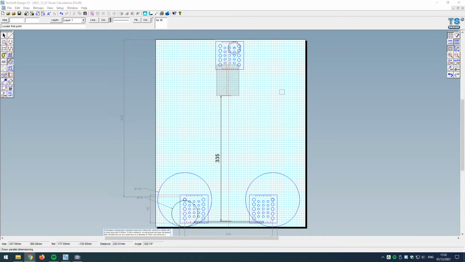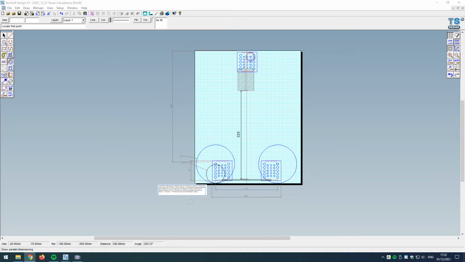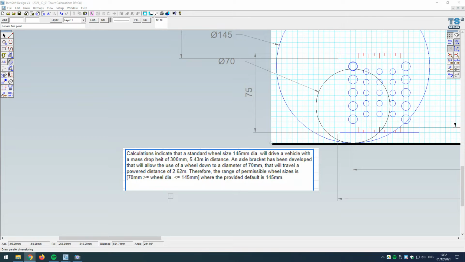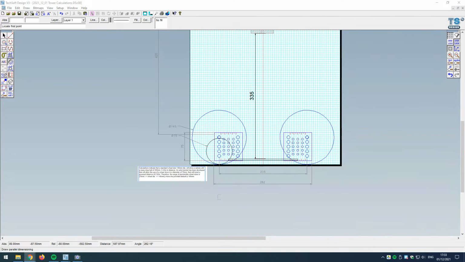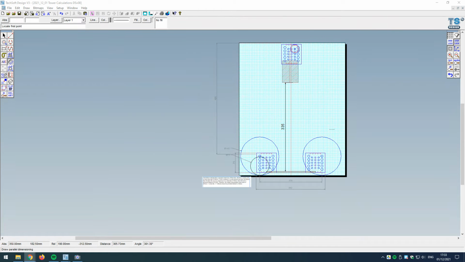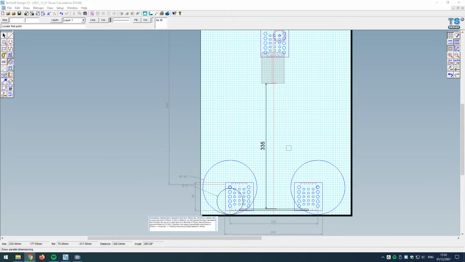Knowing that the vehicle has got to travel at least 5 meters in the shortest time possible, or achieve a distance of 5 meters in the shortest time possible, should I say, I've done some spreadsheet calculations, and I've identified that if we have a wheel diameter of 145 millimeters and a drop height of 300 millimeters, then it will cover 5.43 meters total distance. Now the drop height, based on my calculations here, could theoretically extend up to 335